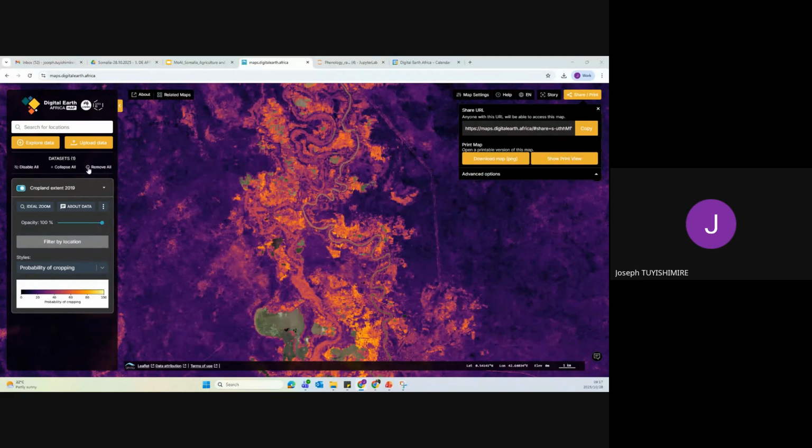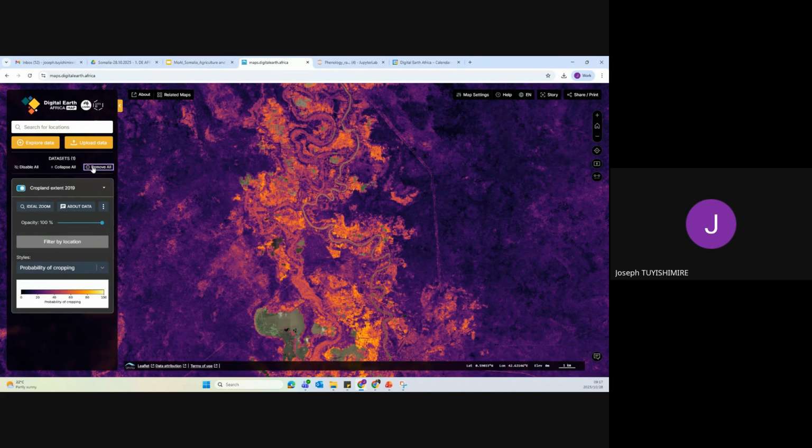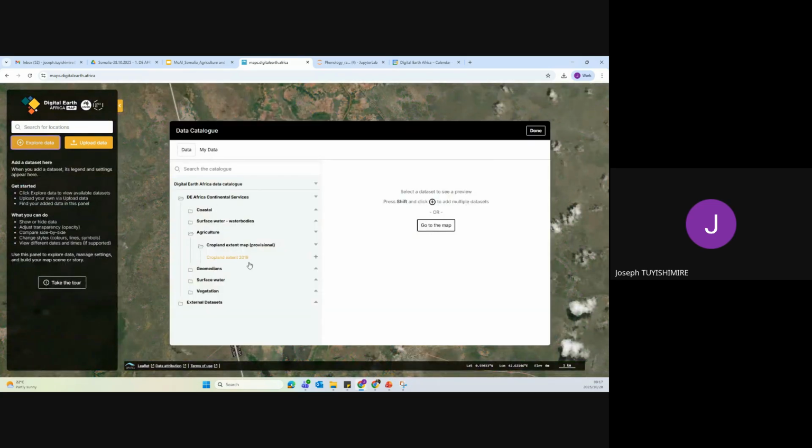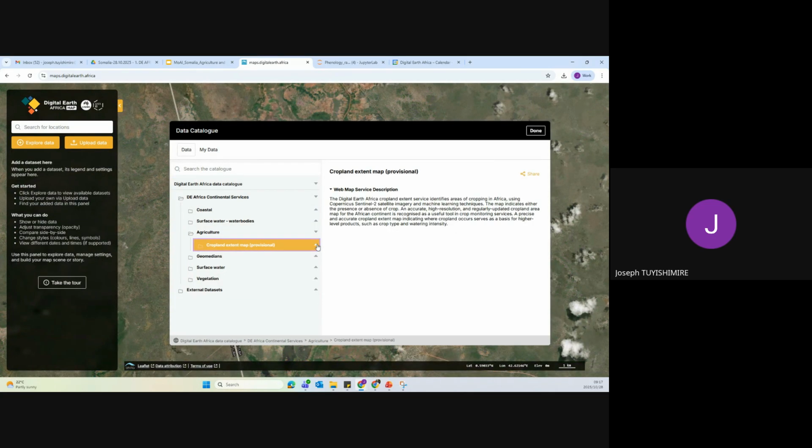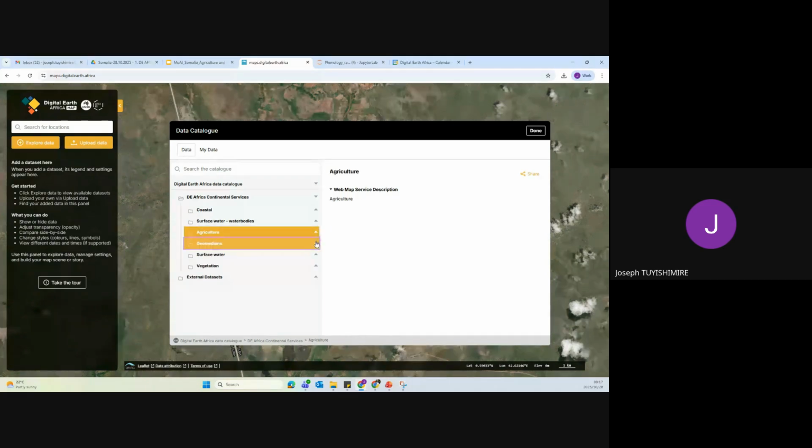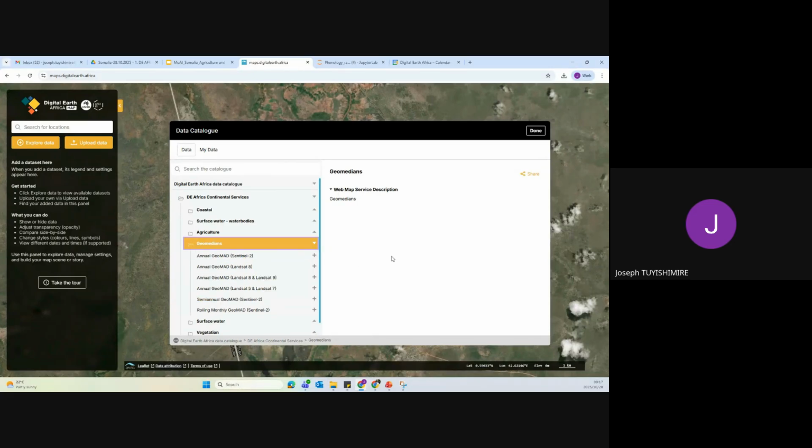And also, as you see, for vegetation, we can use some images and some proxies with the geomedians. Those are cloud-free mosaics covering the whole continent. Those images were processed by the Africa team, and mosaics were created at continental level.